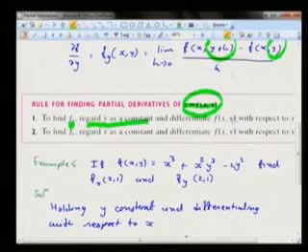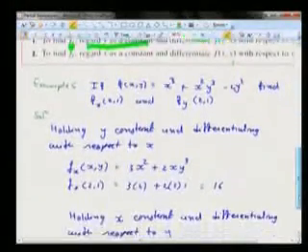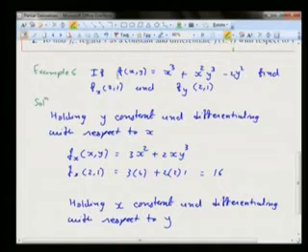So this is the simple way to find the partial derivative. To find fy, regard x as a constant and differentiate f of xy with respect to y. By using this way, we can find the partial derivative of this type of function. If f of xy is equal to x cube plus x square y cube minus 2y square, find fx at 2 1 and fy at 2 1.